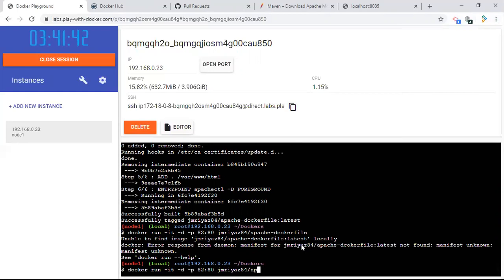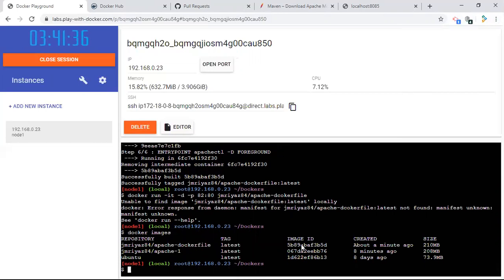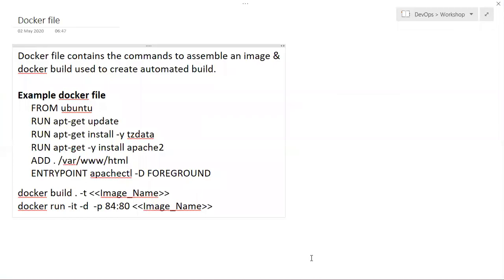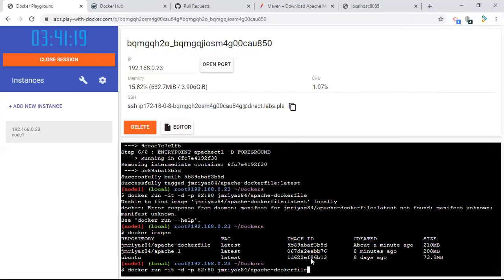First we'll check which images are there. Docker images.